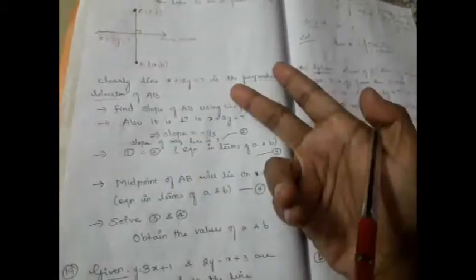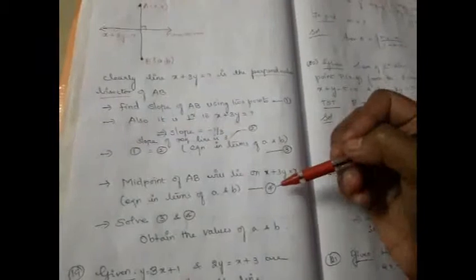Then since it is a bisector, we know it passes through the midpoint. So we can get a point here. Find the midpoint of A and B, and we will get another equation in terms of a and b. Now we have two equations in terms of a and b. Solve those two equations, and we can obtain the values of a and b. When it comes to a perpendicular bisector, this is the only way: we will go with slope, and the other one is the midpoint. Since we have two unknowns here, we need two equations to solve it. Obtain the two equations, solve, and get the values of a and b. Hope you got it. Let us move on to the next question.